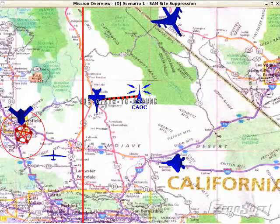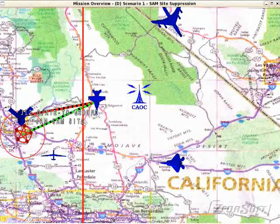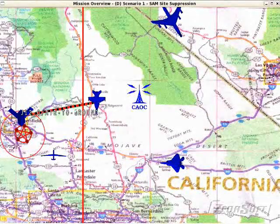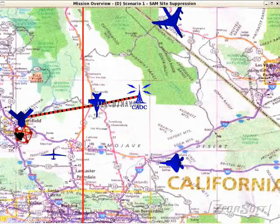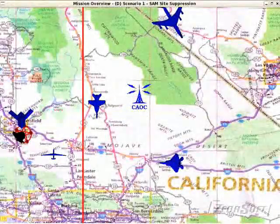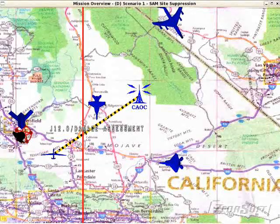The SAM site is jammed, and shortly thereafter, the UCAV gets the go-ahead to do what it does best, and the SAM site's gone. To complete its mission, the UCAV sends its HAVCO to the F-18, which then forwards the message back to the CAOC. Finally, after the destruction of the SAM site, the Global Hawk flies in, takes a picture, and sends out the